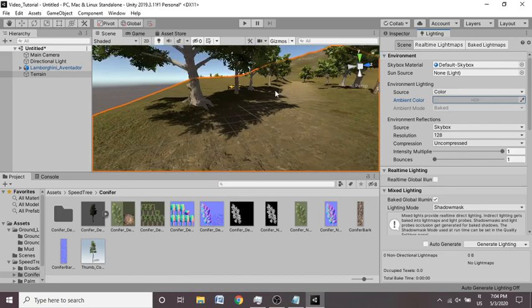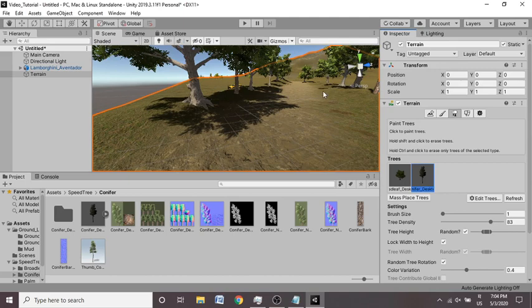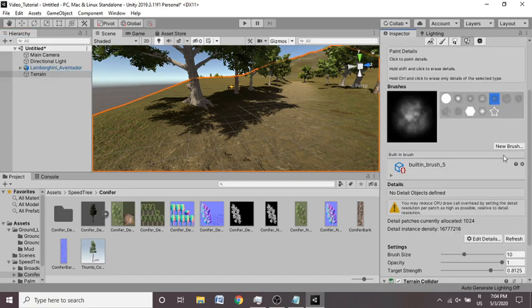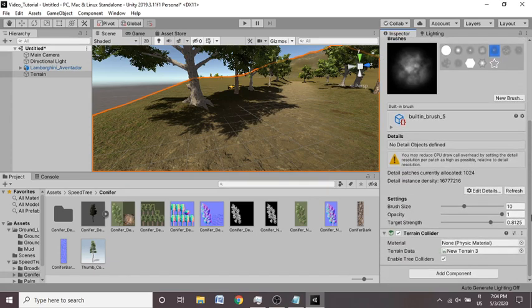Now adding grass inside the Unity terrain is literally very easy. You have to just go to the terrain, and we have the option called Paint Details, which looks like a flower icon. You can just click on that icon, and by scrolling down we have an option called Edit Details. You should just click on this option, and we have two options called Add Grass Texture and Add Detail Mesh. For now I'm not gonna talk about Detail Mesh because it's a much higher level option. For now I'm just gonna go with the grass texture.